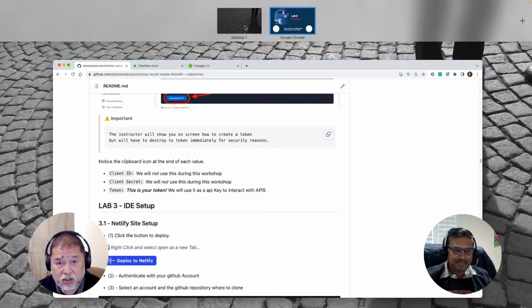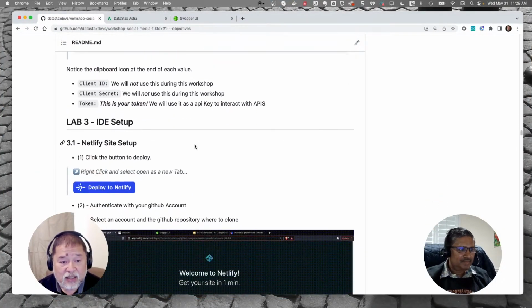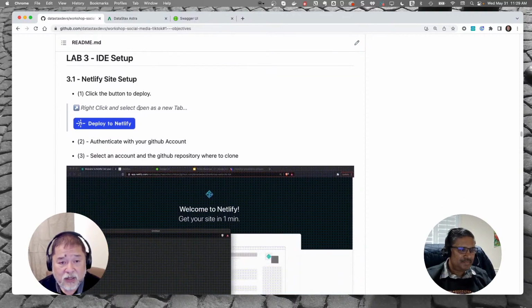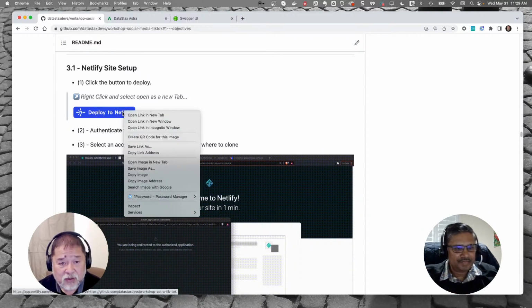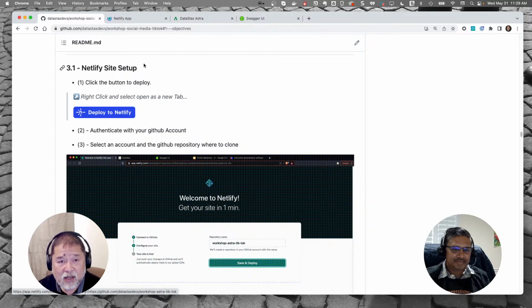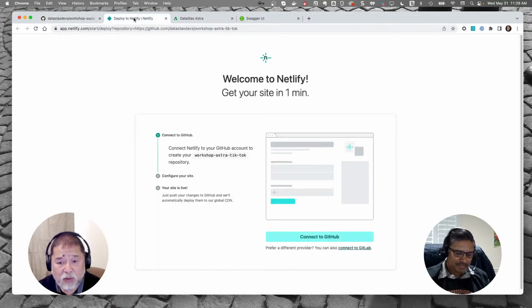So I'm going to switch back, and Netlify setup. It says right click and select open as a new tab, and that will deploy to Netlify. So I'm going to do that. And what's going to come up, it says welcome to Netlify, get your site in 1 minute. You may say, well, wait a minute, Dave, what are we deploying to Netlify? And the